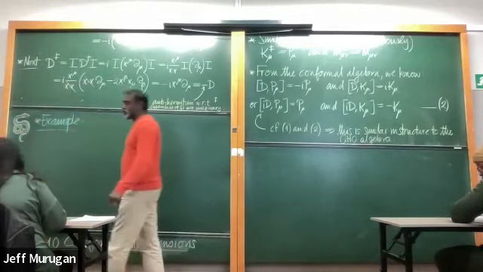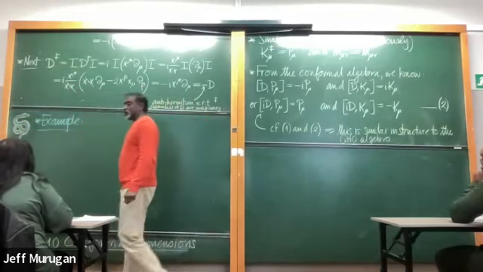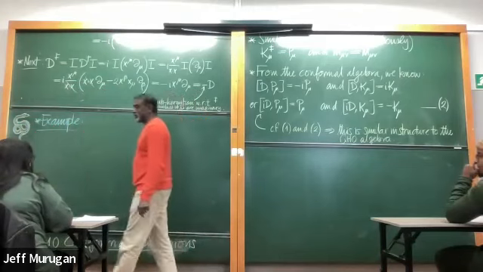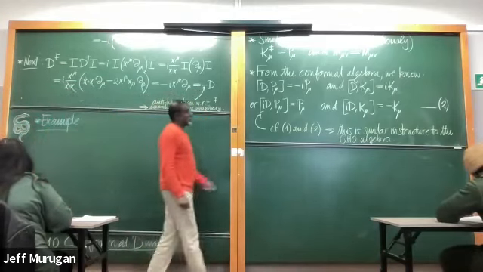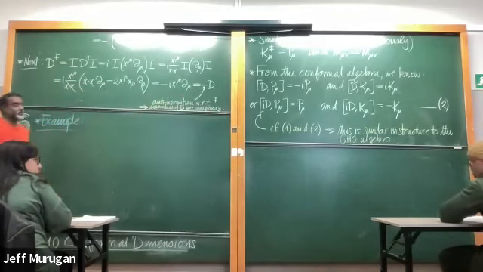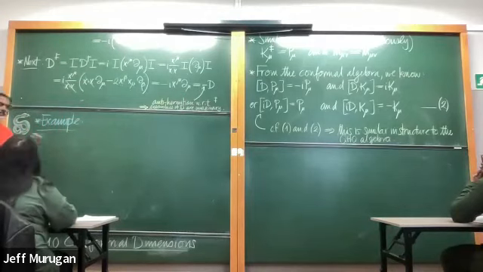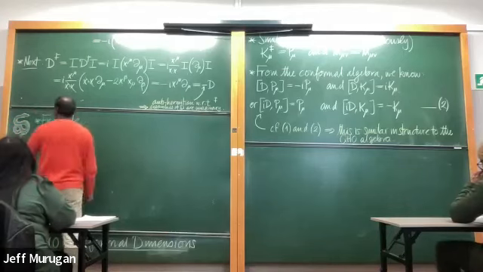So what I want to do is I want to show that when P mu acts on some state with some definite conformal dimension, that it raises the conformal dimension by 1. So the first thing I need to tell you is what do I mean when I say that a state has a particular conformal dimension? So we will say that a state